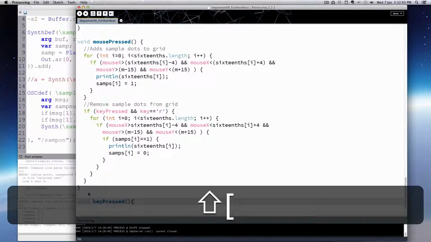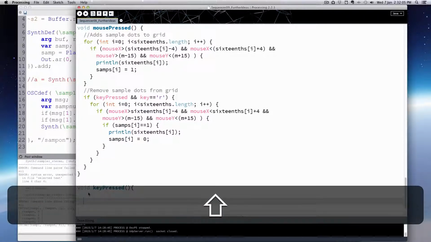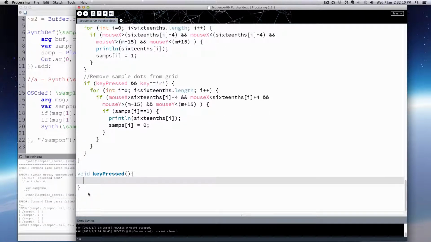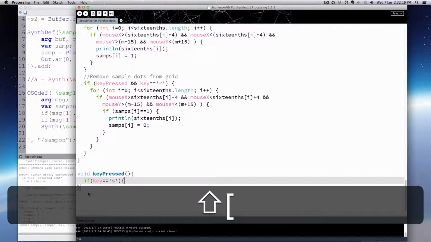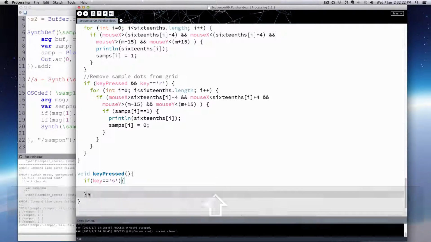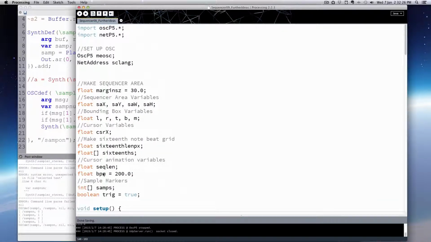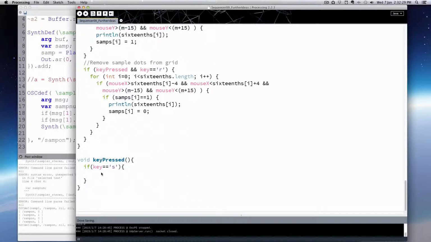we'll use another conditional. We'll say if key equals, let's say, S for speed, and we'll just say BPM. What do I call it? I think I just call it BPM. So we're just going to change our BPM. BPM equals,